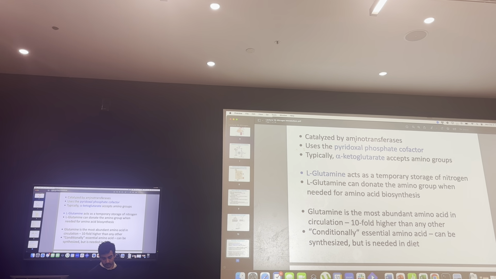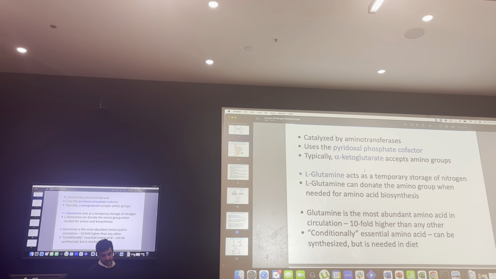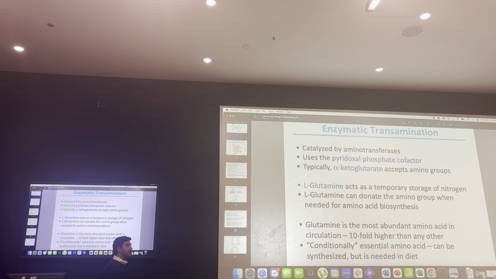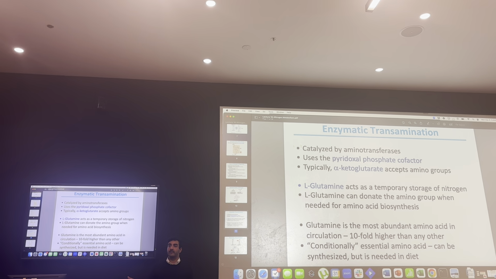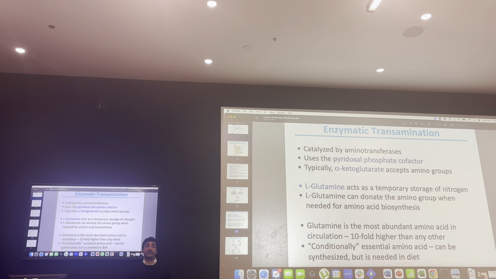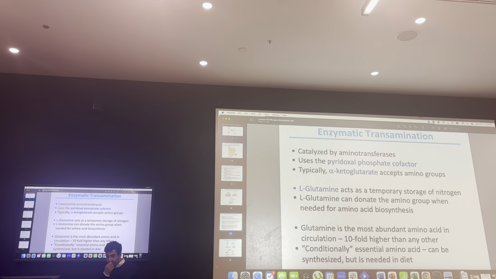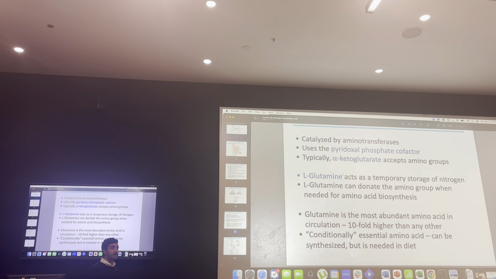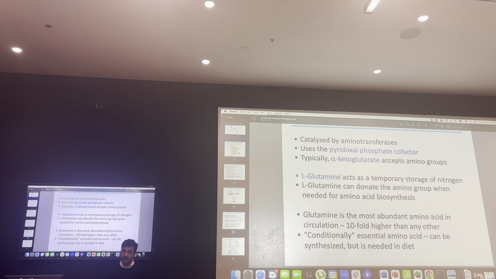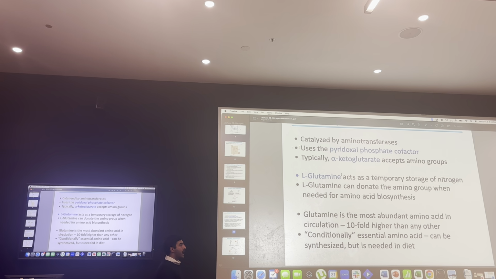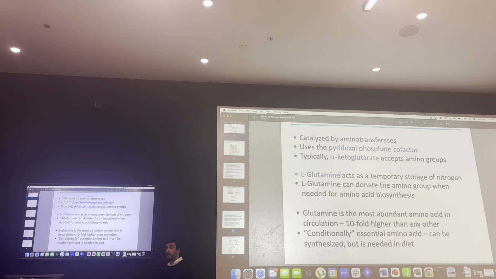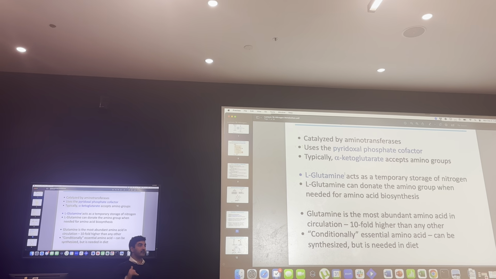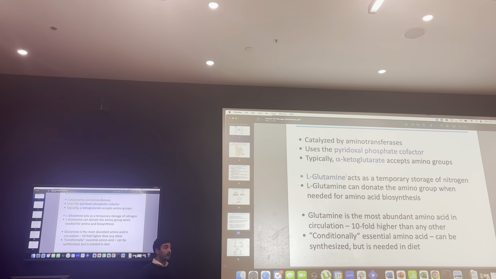So, this again is just talking about general chemical logic here. So this is just mentioning that you are going to have the movement of amine groups that happens via enzymes, right? Otherwise known as enzymatic transamination. It will use a pyridoxal phosphate, nothing new there. Alpha-ketoglutarate will be used to accept the nitrogenous groups. Glutamine will be your most common storer of nitrogen, right? So if you're thinking tissues broadly, glutamine is probably going to be how you're going to be transporting those nitrogens to the liver. Alternatively,